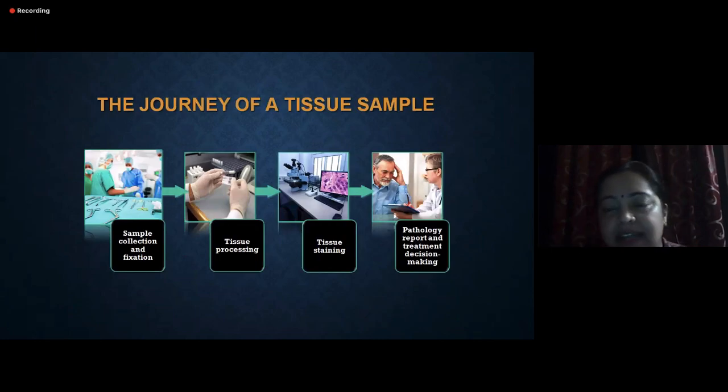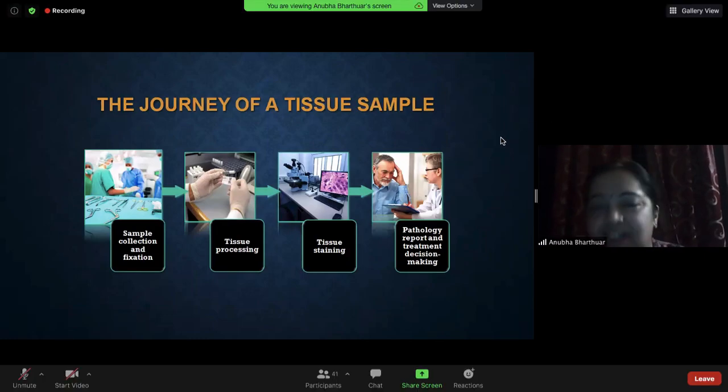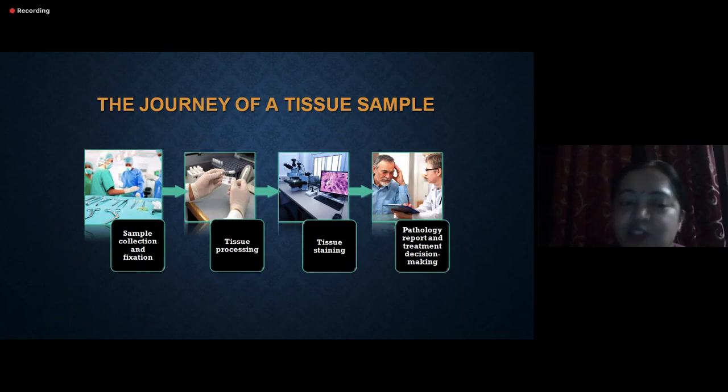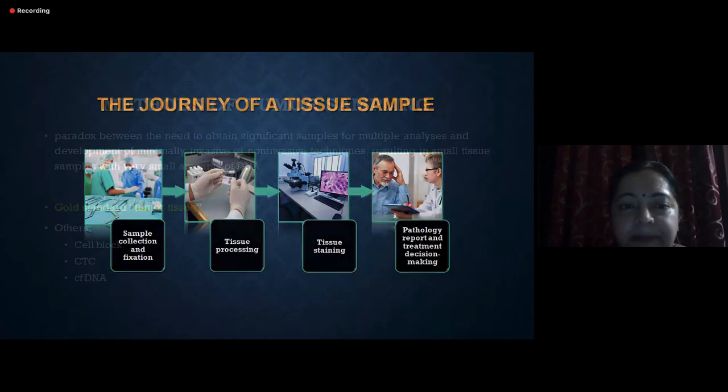But all of us, I think, are very closely linked to our pathologist, and we are only as good as our pathologist, I think. So in lung cancer, more than any other cancer, tissue has always been an issue, right? From sample collection, processing, getting the staining, getting the molecular testing done. Every step is critical, and if there is a misstep along the way, that compromises the integrity of our final report and what we will tell the patient regarding their treatment.